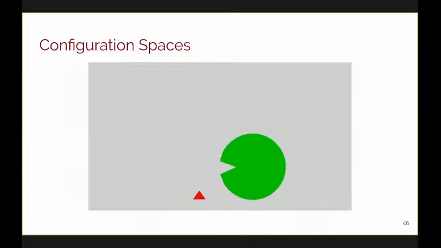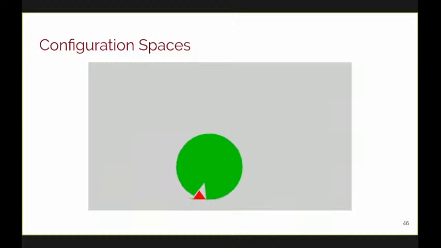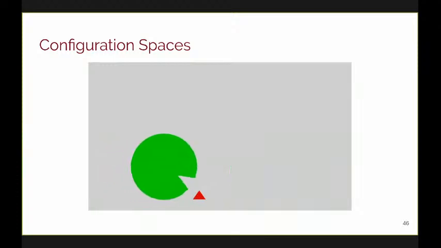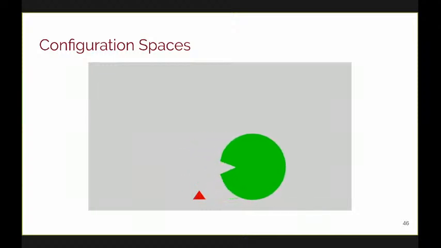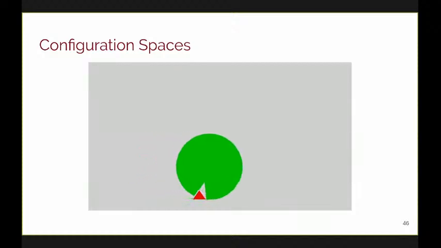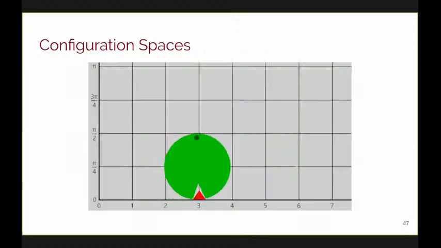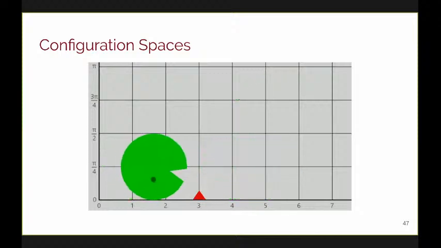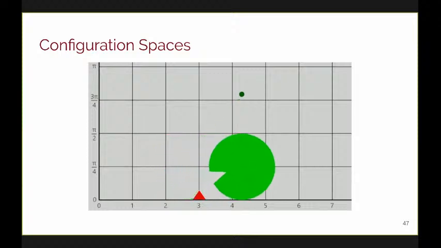So to break it down, I came up with this little demonstration. If we have this green Pac-Man entity thing, and it's limited to rotation and translation about the x-axis, and its goal is to get from the left side to the right side. However, it cannot intersect with this little red triangle thing. We can represent its motion as motion through a configuration space, where each point within a space represents a unique configuration of this entity's degrees of freedom.